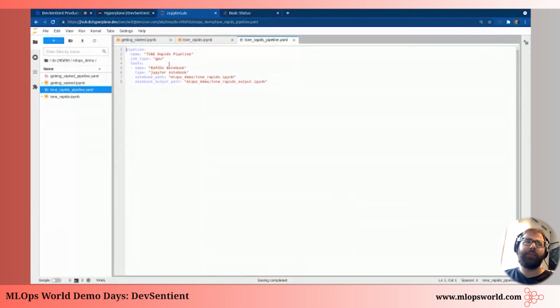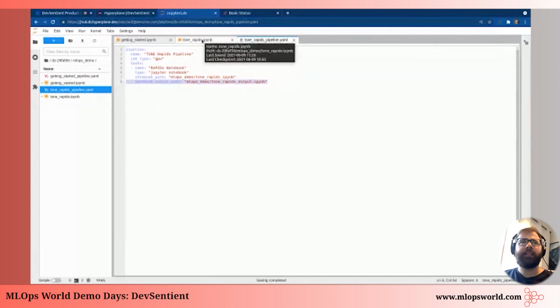And in this pipeline, there's only one step. You'll notice here I have my notebook path, and I also have a notebook output path. So in Hyperplane, we save the fully executed notebook, and this allows for easy debugging as well as increased auditability. And I'll show you those features shortly.